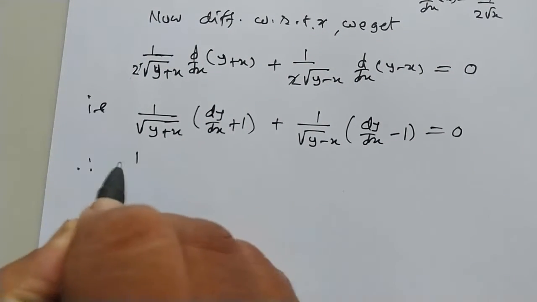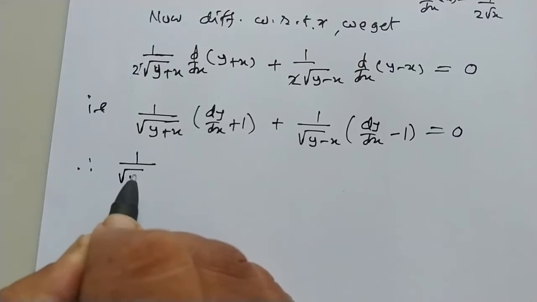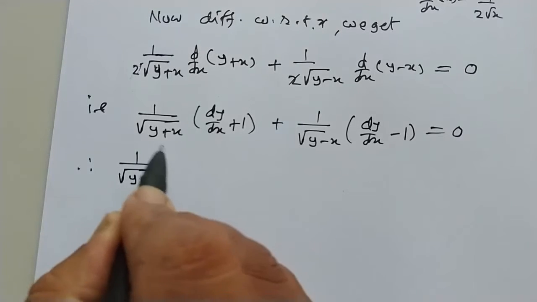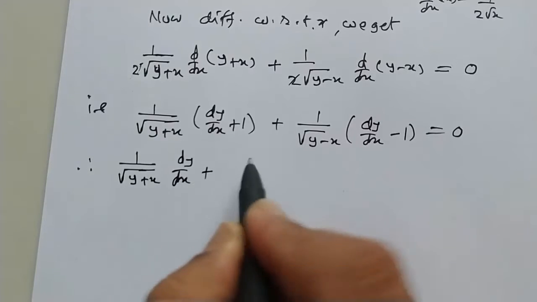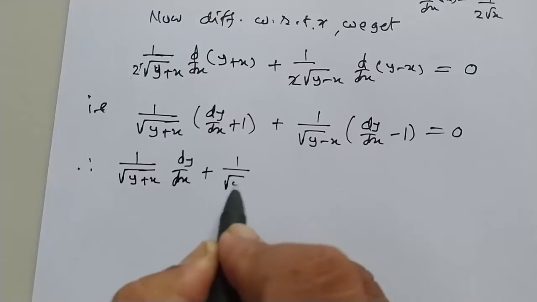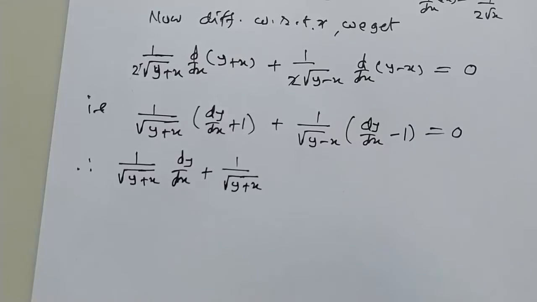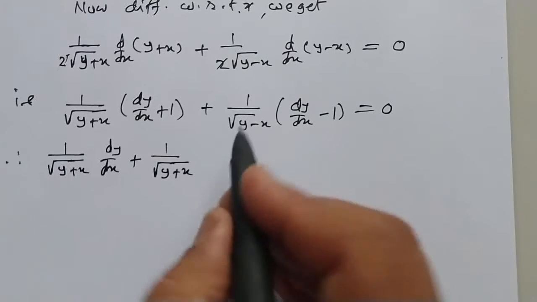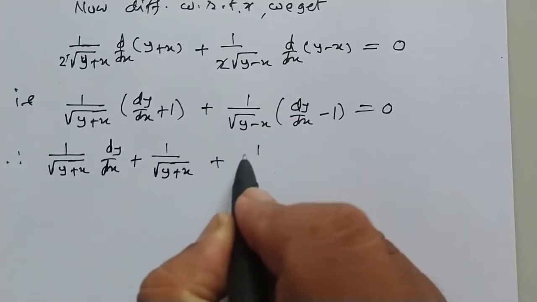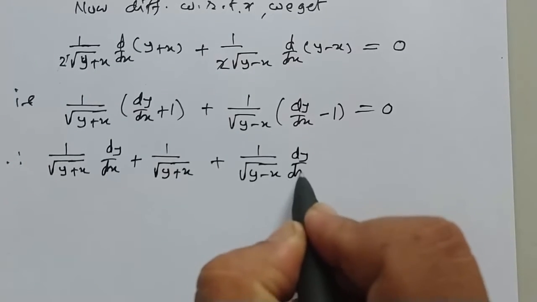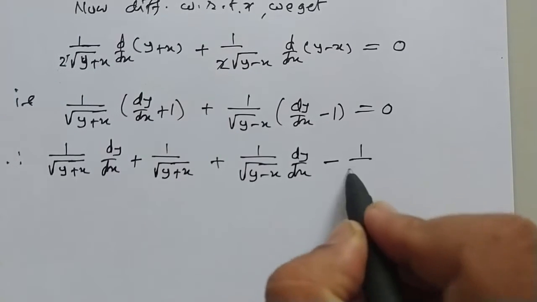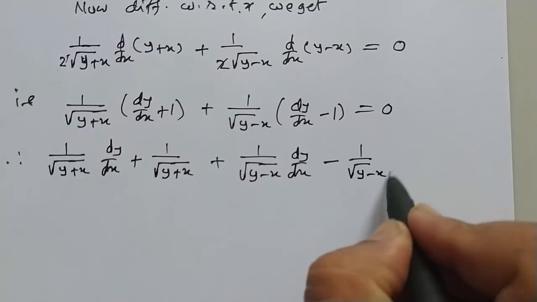Therefore, 1/√(y+x) into dy/dx plus 1/√(y+x) plus 1/√(y−x) dy/dx minus 1/√(y−x)